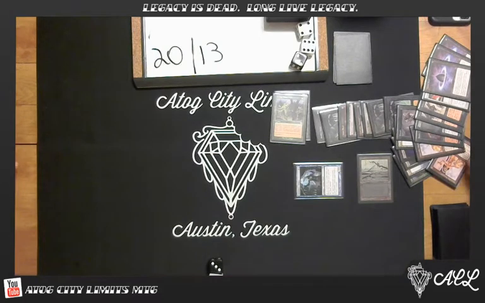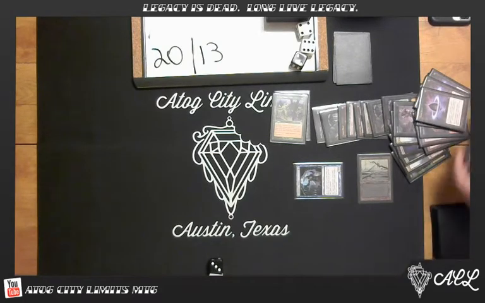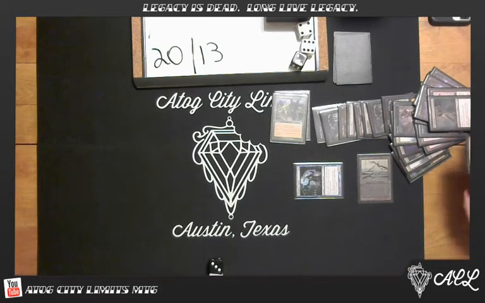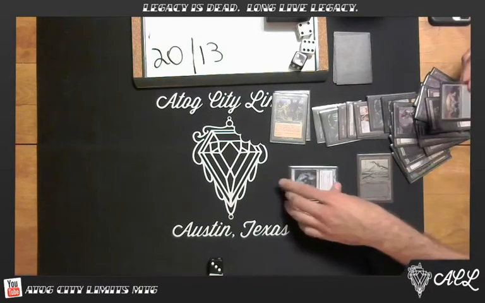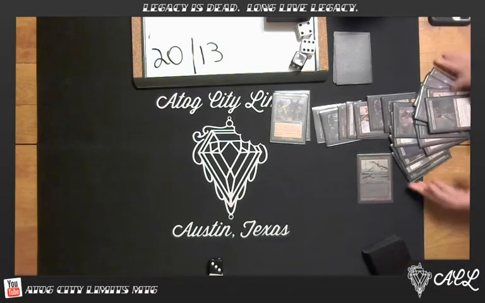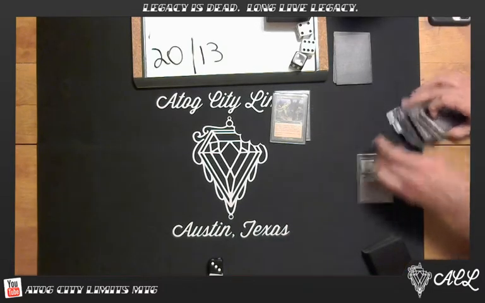Alright, and we got, looks like Ye Old Scooperino. Did that... I actually don't think that Griselbrand had haste. It was Shalgrave, wasn't it? It was Loyal Retainer. And wasn't Shalgrave later? Oh, that was the Children. That was the Children, yeah. Okay. Yeah, so